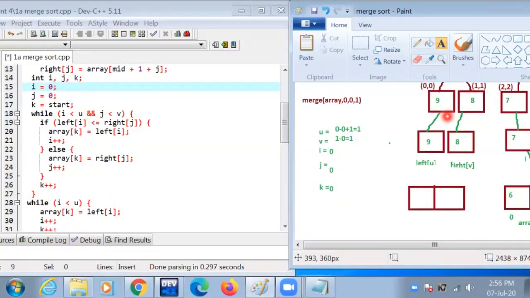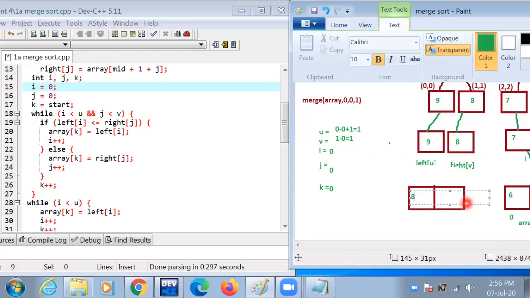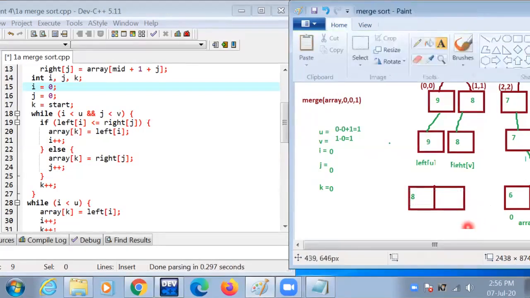Right j is 8. Right j value is 8. Then 8 value is k value is 0. 8 is inserted.